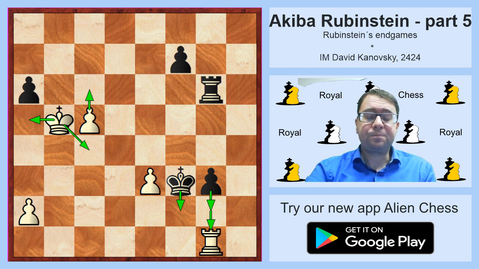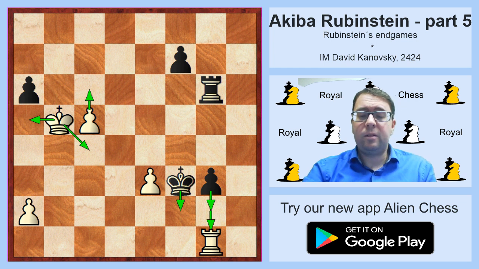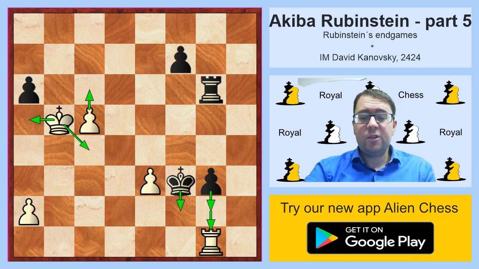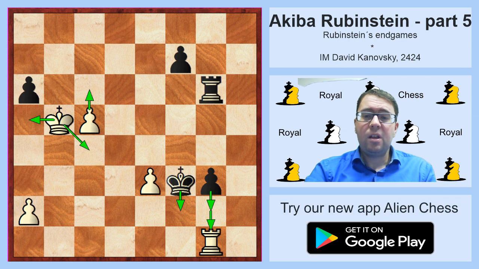White has to take the black pawn, or maybe black's new queen with a rook, and black is just simply winning in here. So this is a very nice example of the position where,